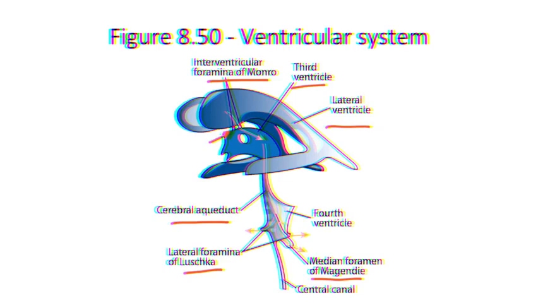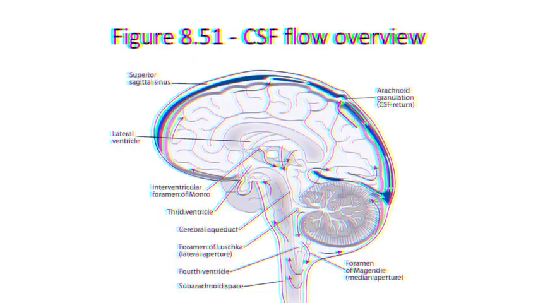the CSF goes after moving into the subarachnoid space. This is figure 8.51, which provides an overview of the normal flow of CSF. From the last slide, we showed that the CSF had just moved into the subarachnoid space through the foramen of Magendie and the two lateral foramina of Luschka. After passing into the subarachnoid space, the CSF enters the venous system through the arachnoid granulations, and these drain into